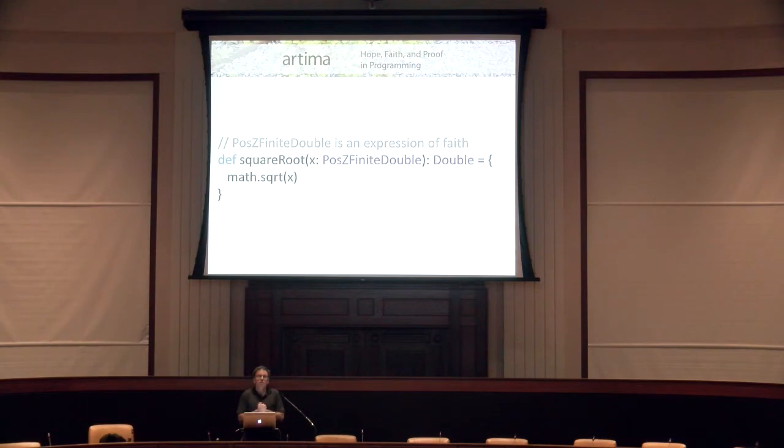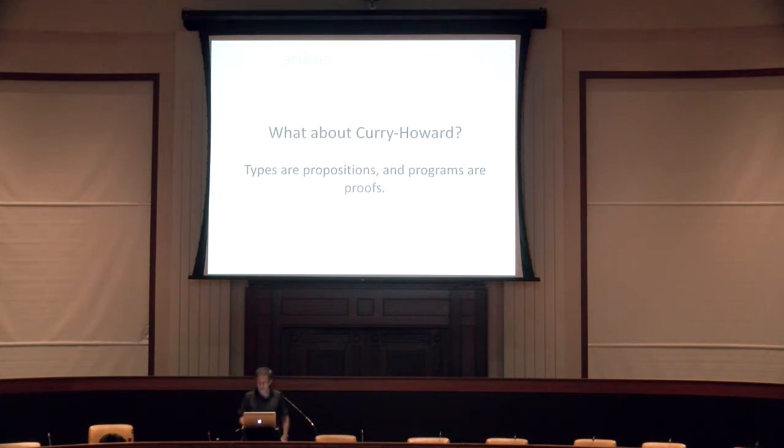Okay. So what I have in my comment there is that POSZ finite double is an expression of faith because I just believe that it's going to work. I mean, what if there's a bug in POSZ finite double? It actually may not work. It could be negative, right, if there's a bug in there. But if I didn't believe in the type, then I would put requires everywhere anyway, right? Like if somebody passes an int, I might say require is actually an int. And you have to trust something, right? But the reason I say I'm not sure, the fact that there's a type there doesn't prove it is because there could be bugs.